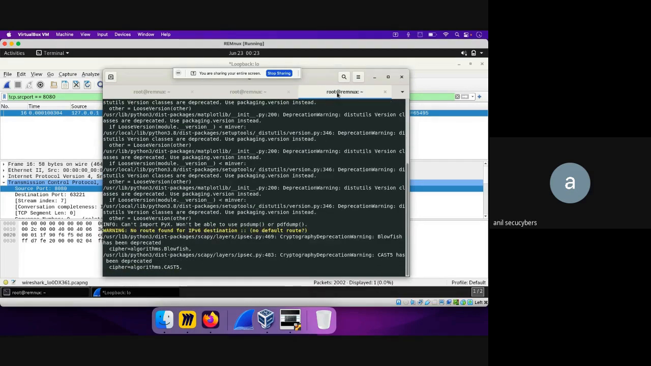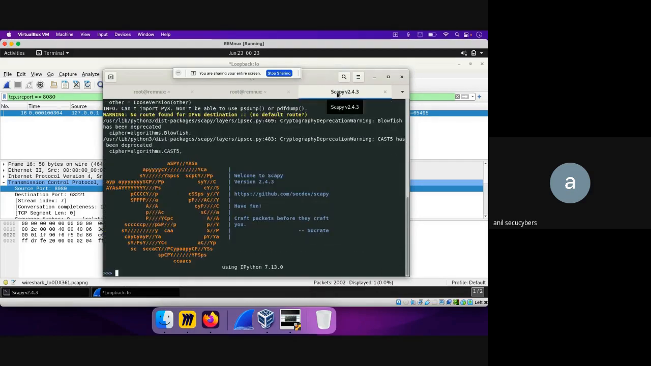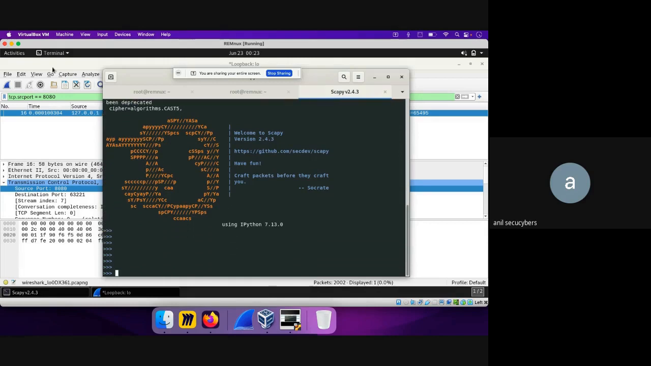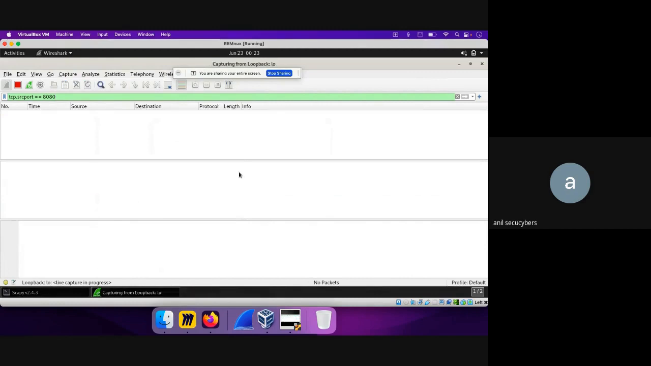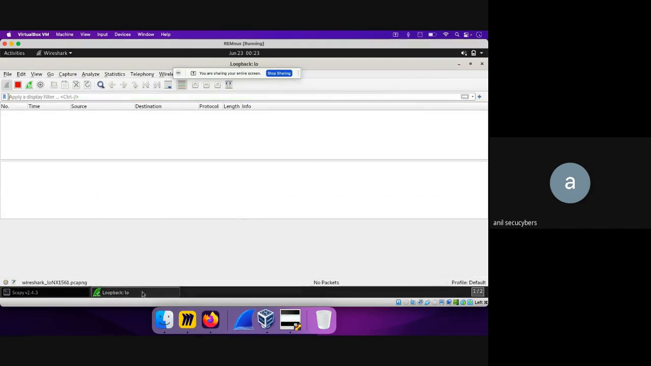Now it is running. Okay. So what we'll do is that we will also start capturing the packets. So right now there is no packet over here. Okay. And now what we'll do is that